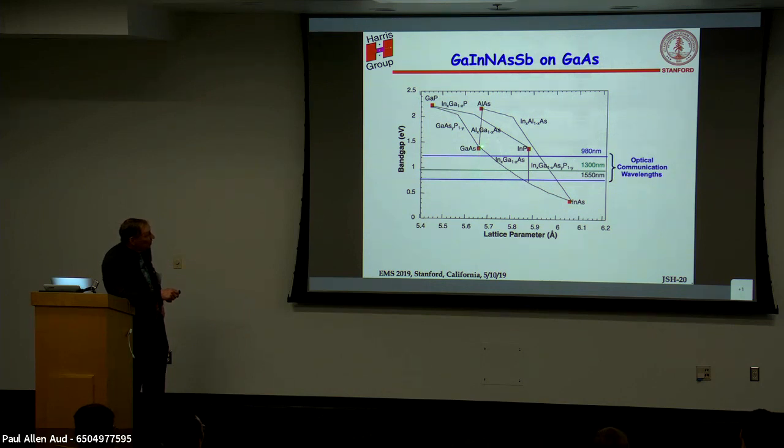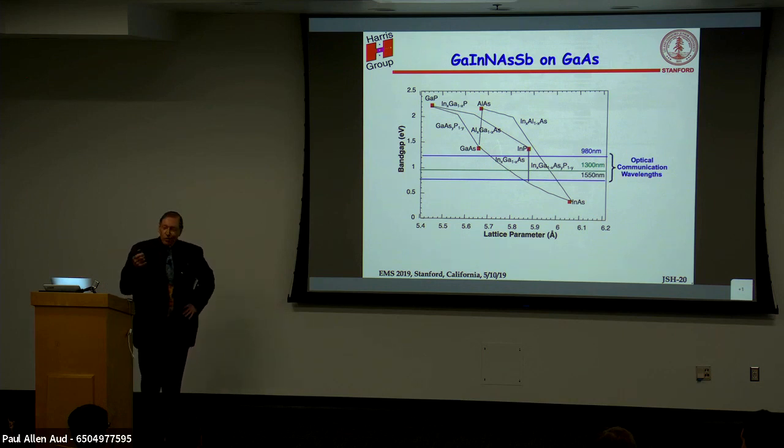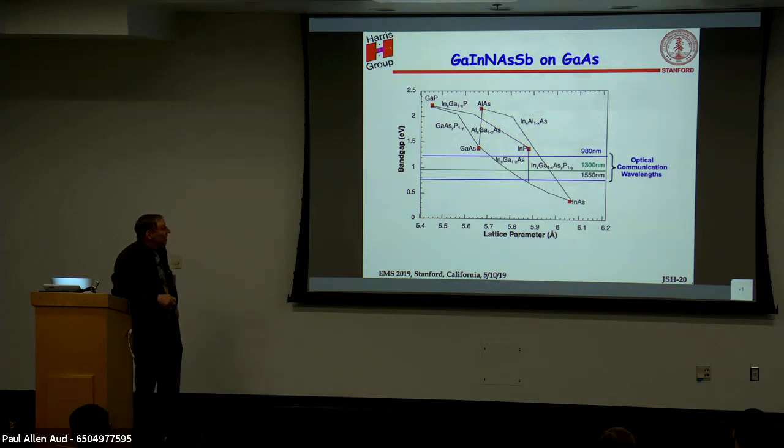So all of the red LEDs and things were based on this family of materials and all of the original lasers. And it had the incredible advantage that gallium and aluminum, you can mix any combination. You always got the same lattice constant. So sometimes when your technology wasn't so good, when we were just learning about this, in the early days, I did some things with Herb Kroemer, trying to figure out measuring the band offsets and things. And so when your materials technology was kind of primitive, this was a fabulous system to work on,